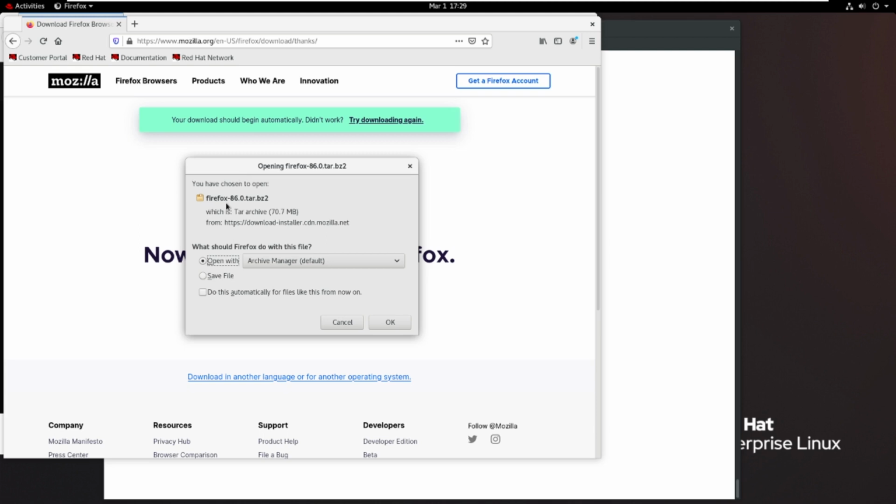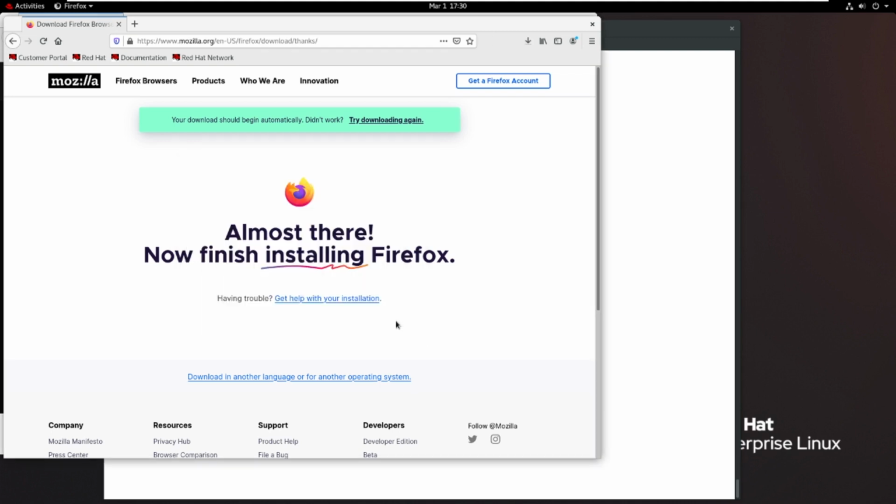See that. So Firefox right now, version 86, but .tar .bz2 software. See that. Any software in the Linux environment is the same thing. First they specify the software name, version, then .tar and .bz2, or sometimes .gz, sometimes it is a .zip file. So overall the tar file size is 70 MB. Now if I click the file name, my software is downloading here, but almost all software extensions are .bz2.